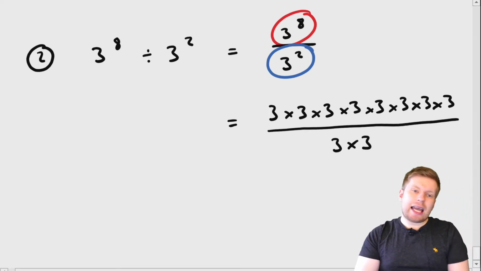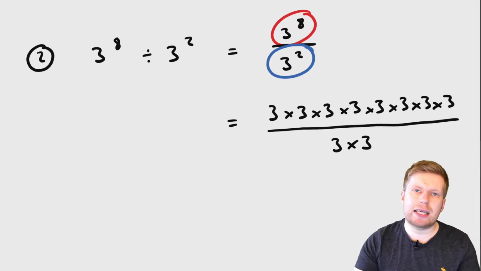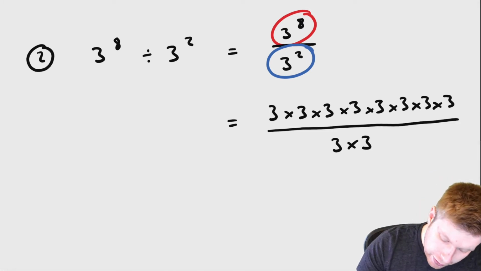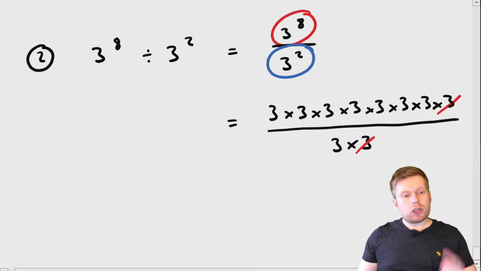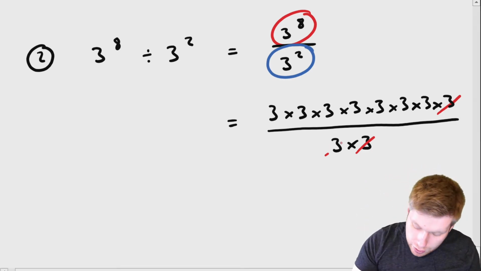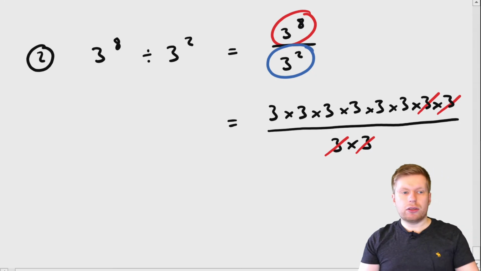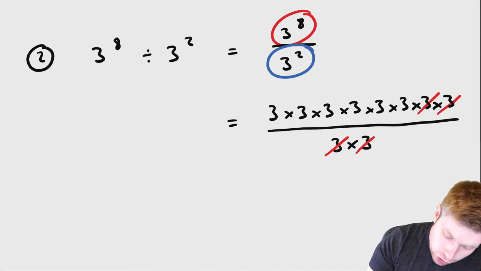Now have a look. In this case, because I'm multiplying loads of stuff together on the numerator and I'm multiplying stuff with the same base together on the denominator, I should do a bit of cancellation. So have a look. This 3 cancels with this 3. So in total, I've cancelled 1 three off on the numerator and denominator. And look, this 3 also cancels with this 3. So in other words, I've cancelled 2 things off on the numerator and denominator, which means that on the numerator,